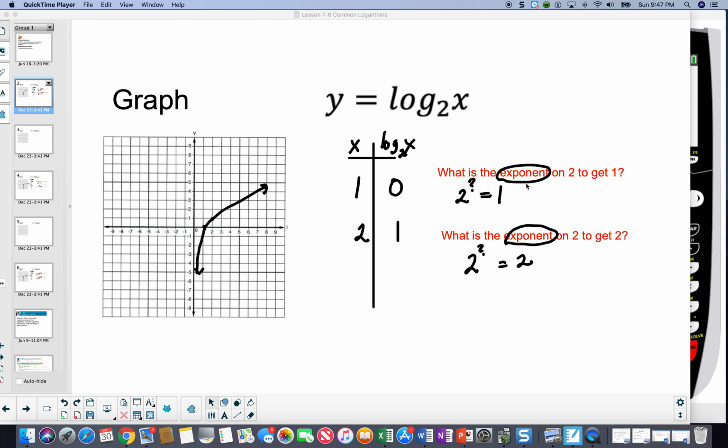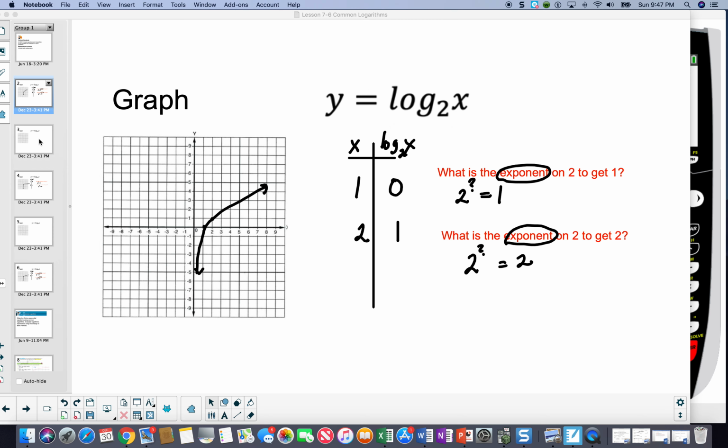What is the exponent on 2 to get 1? And so the answer is 0, and that's what we put here. What is the exponent on this base that gives you 2? 2 is your x, and that is 1. So I go ahead and graph (1, 0) and (2, 1), and this is the graph of log base 2